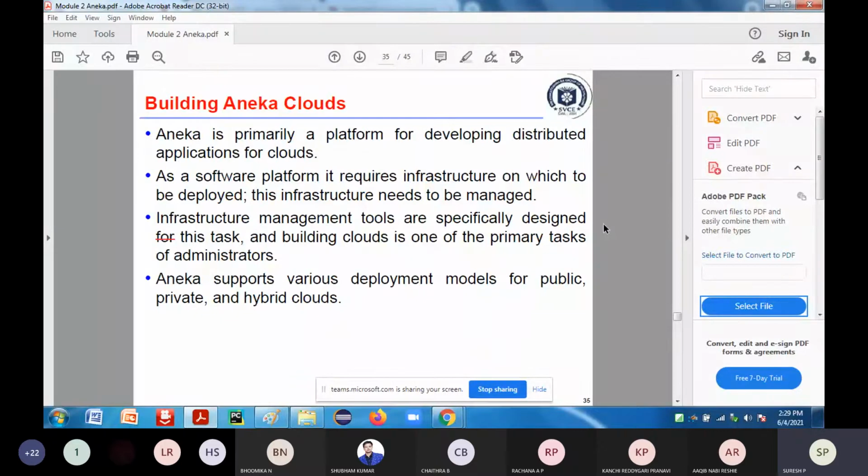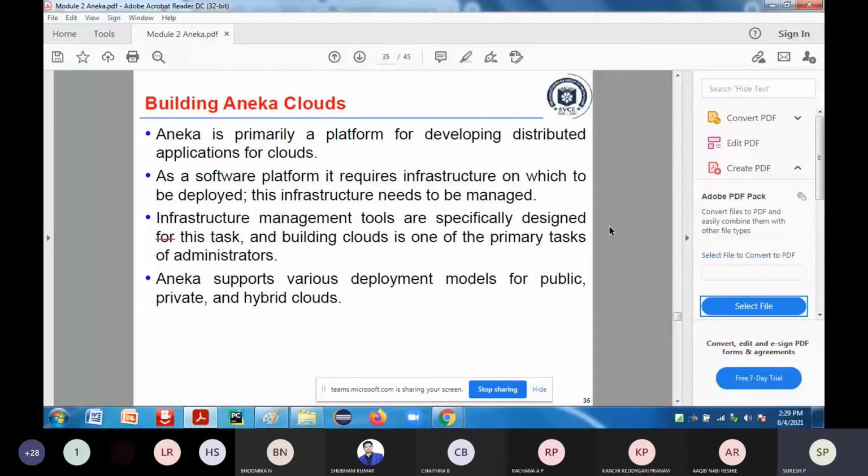Now when you are talking about the infrastructure management tool, it is specifically designed for this task. The infrastructure management tool which is running under your cloud will depend upon the type of the deployment model. If you are going to purchase or rent that infrastructure from outside, then it becomes a public cloud.